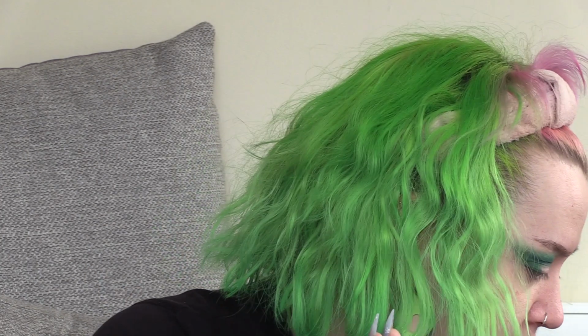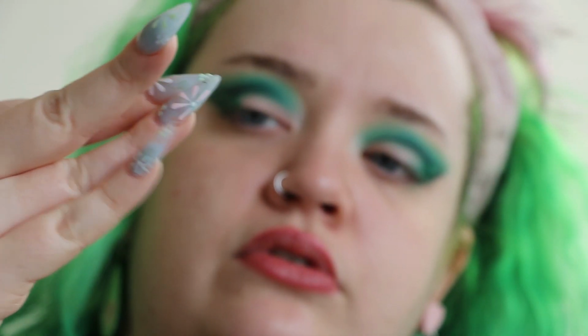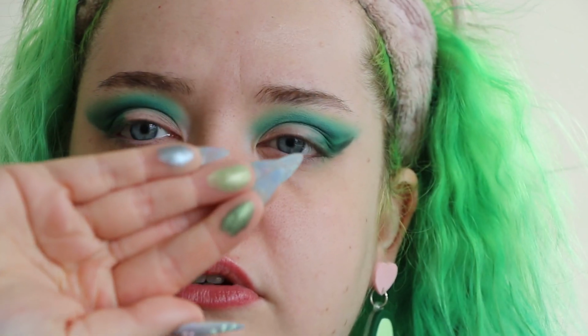And then I think I probably want to do Quartz in the inner corner, which is this silver. So do the blue. Does that look better? Or does that look better? No, I still like this one better. Right, okay, so